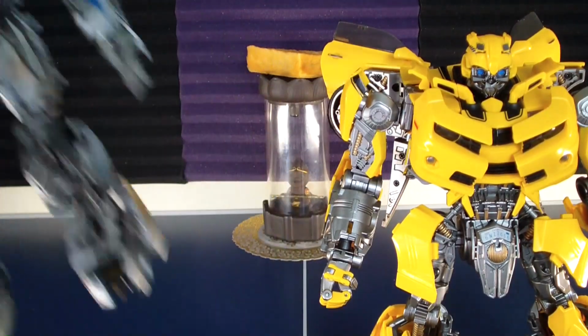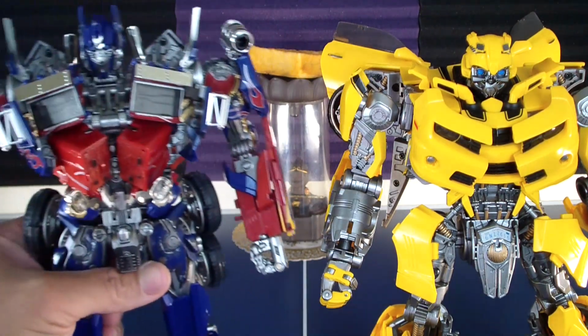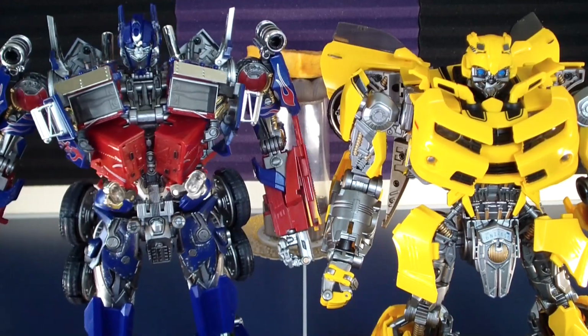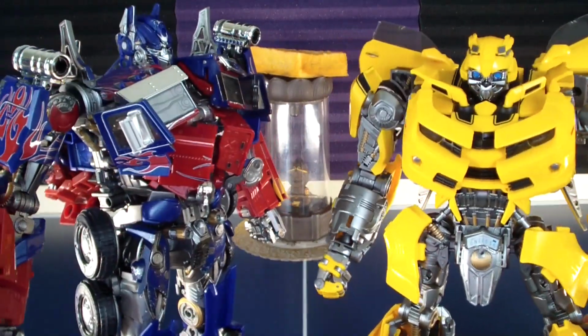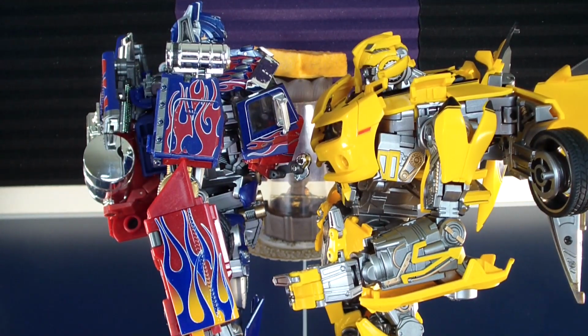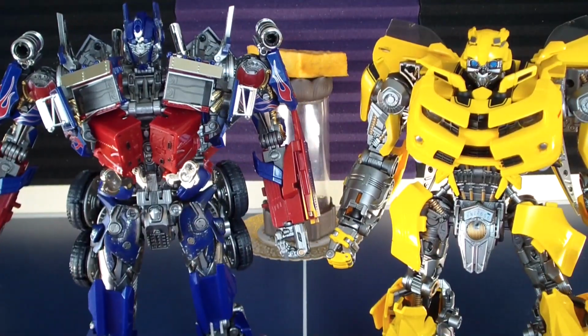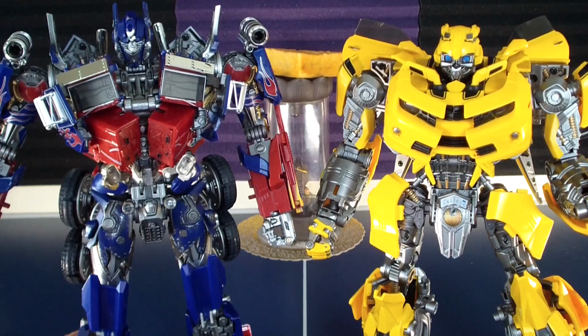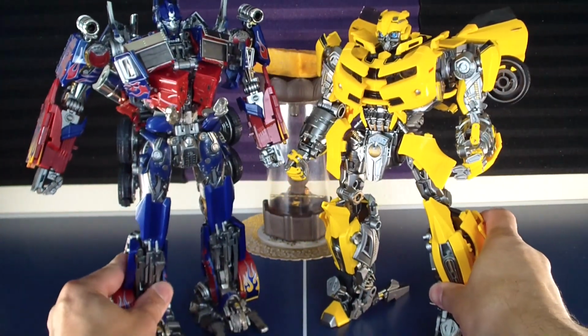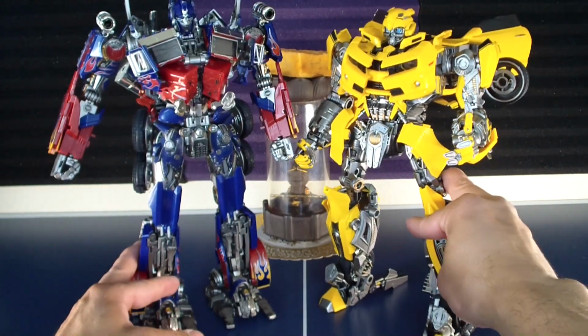And lastly, let's bring out the definitive Weijiang manufacturer product, the awesome Thunder Leader. And Thunder Leader is about half an inch taller than this bee. Very huge bee, but he wouldn't really look out of place. So if you're looking for scale, yes, he'd be out of place. But if you're looking for a quality piece,